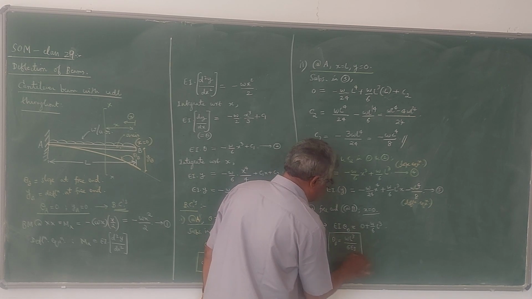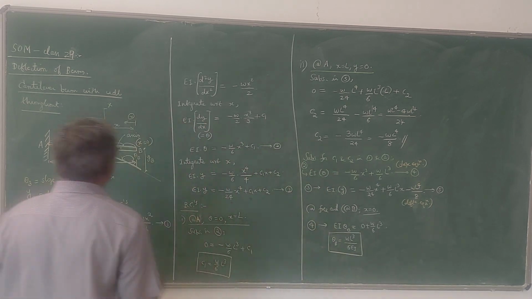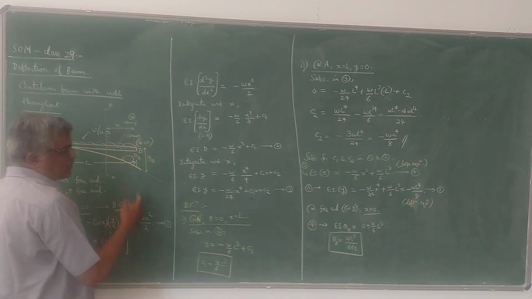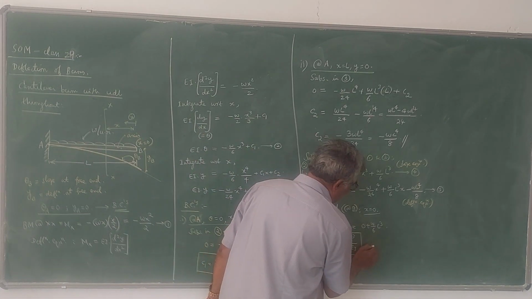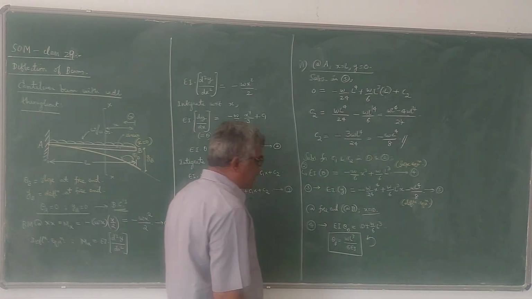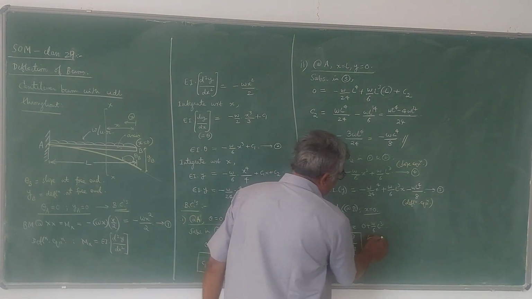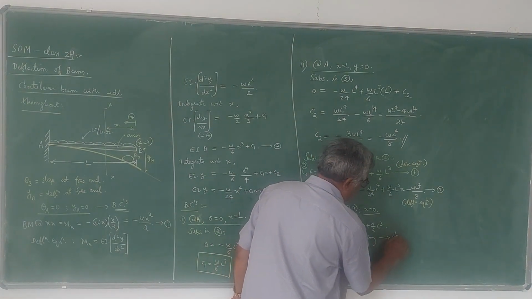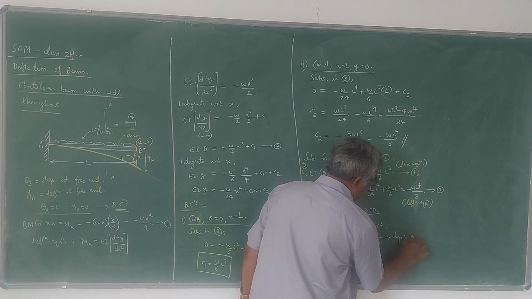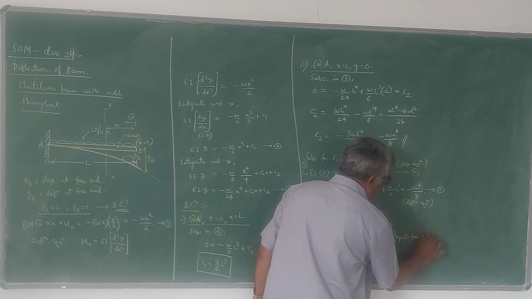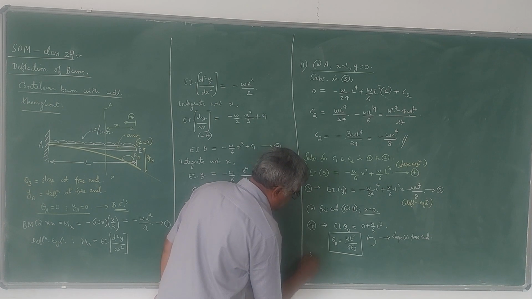W L cube by 6 EI. So you can see that this is anti-clockwise. Therefore it is positive. So anti-clockwise is positive, clockwise becomes negative. So this is the slope at the free end. Similarly, if you want deflection at free end, which is maximum, you have to put x